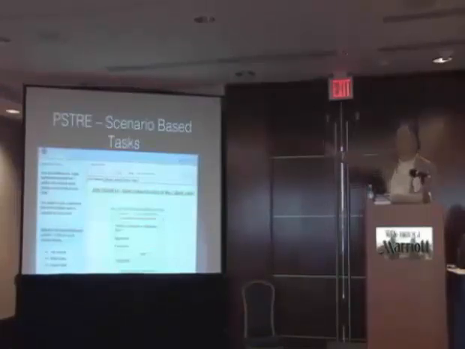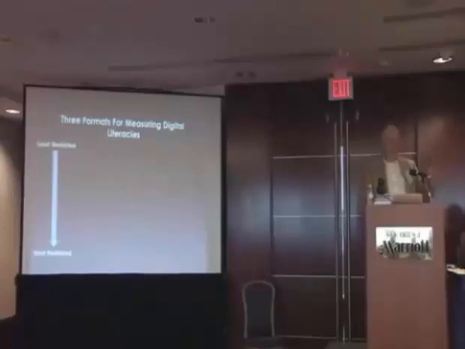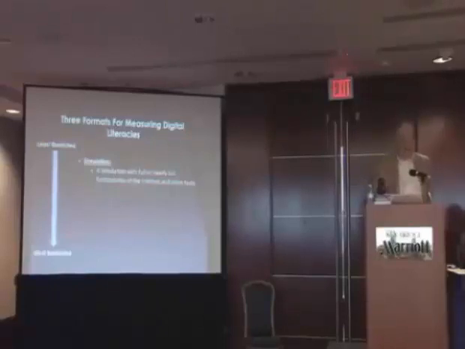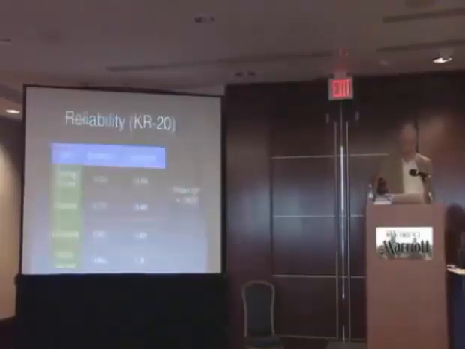They're given a scenario on the left and then an image of a web page or other technology tool, and then you have to manipulate it some way. But the manipulation is very limited and it's quite restricted. So there are 3 different ways of measuring digital literacies, from least restricted to most restricted: a full simulation of what it's like, a scenario-based one, which problem solving used, and then flat multiple choice.